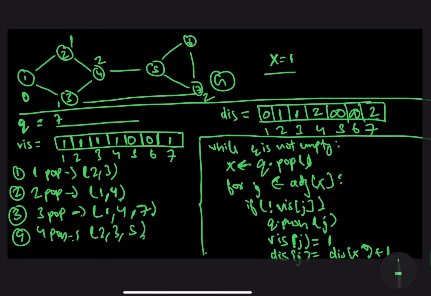in this case. And since node number 2 was already pushed into the queue, we would ignore it. Since node number 3 was already pushed into the queue again, we would ignore it again. And since VIS of 5 is equal to 0, we would push it into the queue now. So the queue would become something like 5, 7, and we would mark VIS of 5 equal to 1 in here. And we would also update the distance of node 5 equal to distance of node 4 plus 1. So distance of node 4 is equal to 2. So distance of node 5 becomes equal to 3. All right. And this marks the end of the fourth iteration over here. So let's update the distance of node 5 as 3.